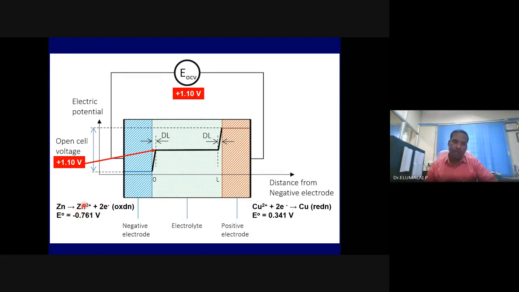So this is behaving as an anode, this behaves as a cathode, and there is a movement of ions and a transfer of electrons, and the circuit is completed, and you get a typical electrochemical cell or battery. This is how the cell voltage 1.1 is arrived. Like this, it is possible to arrive for lithium-ion battery, lead acid battery, nickel cadmium battery, zinc silver oxide battery, zinc carbon battery, lithium air battery, sodium sulfur battery, lithium sulfur battery, or any battery which is on the market or in the technologies.